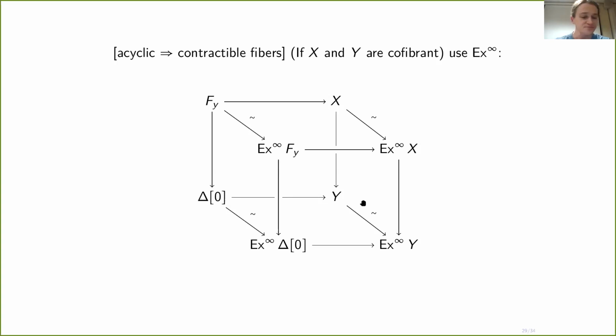The thing is that once you get this far, the second part is normally trivial. If you have any experience with constructing model structures, you usually know that it is hard to prove one of these two statements, but once you have this, there is an easy trick to prove the other one. Unfortunately, this easy trick has an assumption which is difficult to verify in our setting because not everything is cofibrant. I do have slides that explain this, but maybe at this point